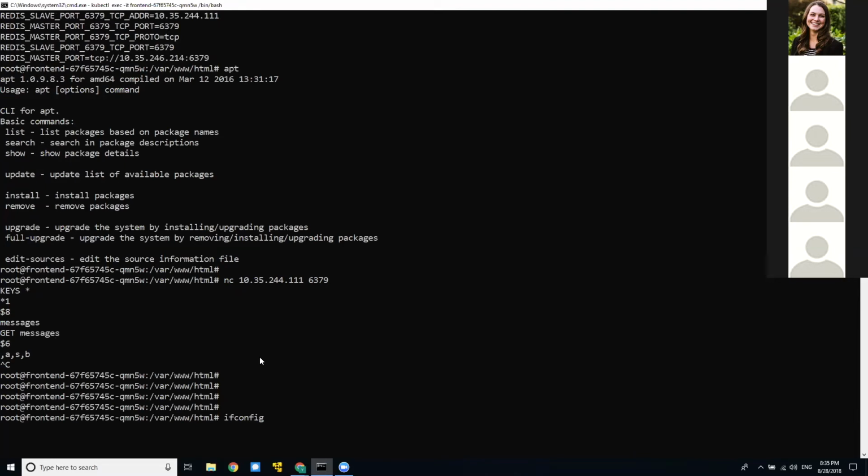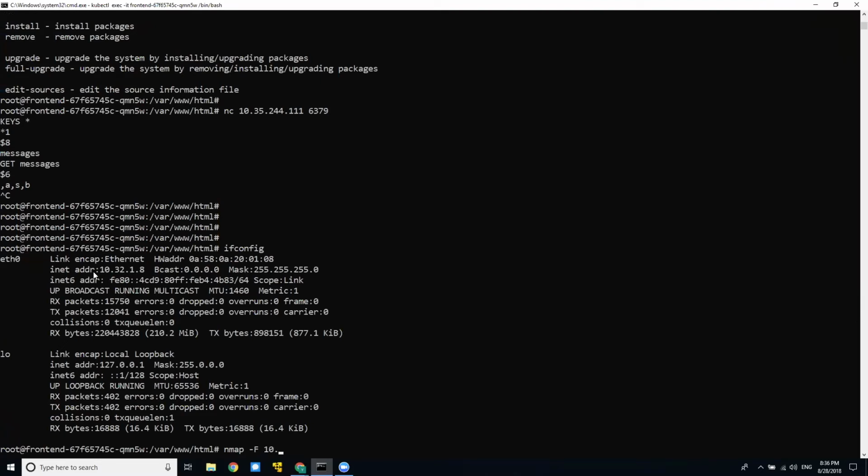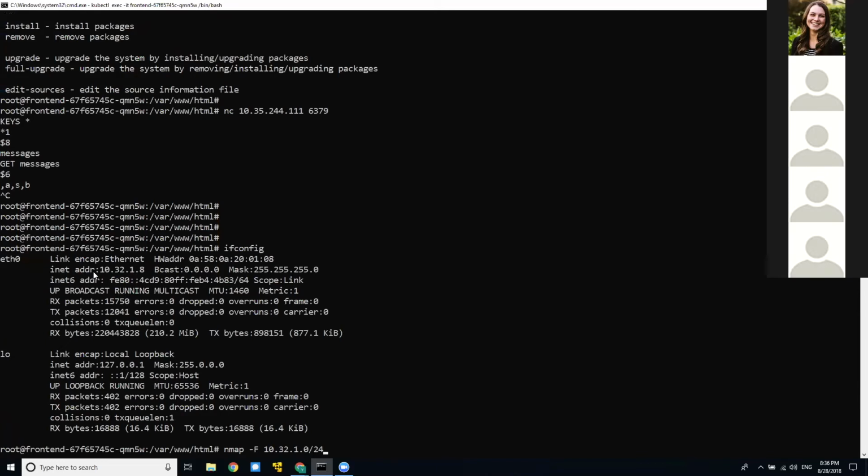A full nmap scan will take a lot of time, so we'll just scan the subnet of our pod and hope to find something interesting. The IP of the current pod is 10.32.1.8, and we'll do nmap -F, which scans the most commonly used ports, also to save some time for the demo. We'll scan our subnet, 10.32.1.0/24.